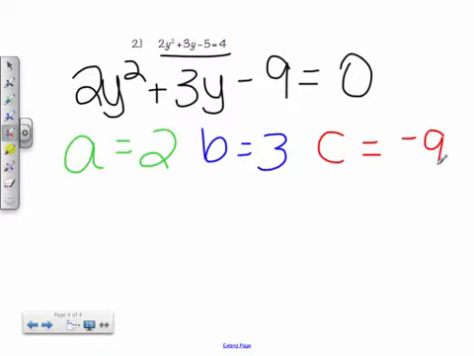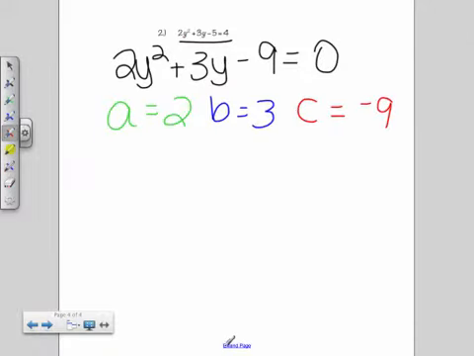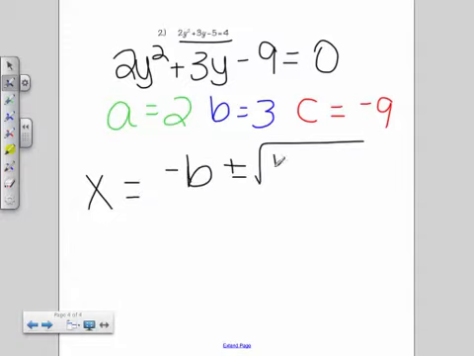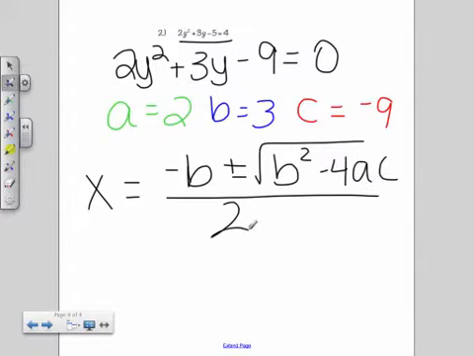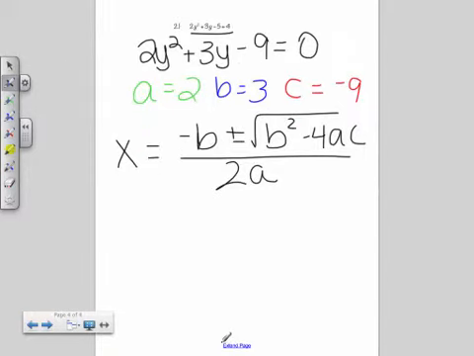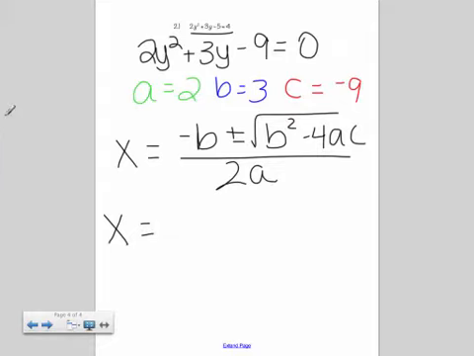So what I'm going to do next is use the quadratic formula, which is x equals negative b plus or minus the square root of b squared minus 4ac all over 2a. And then I'm going to plug in my information. So I end up getting x equals, now in this example, the b value is positive 3, so I can plug in negative 3 for this b value right here. So I get negative 3